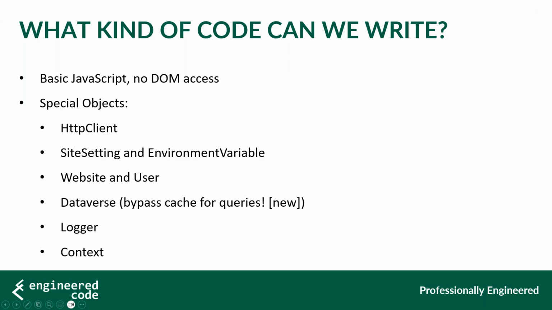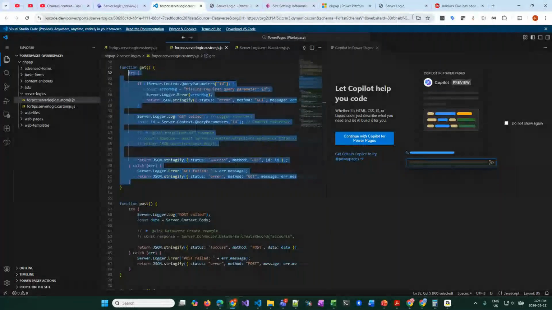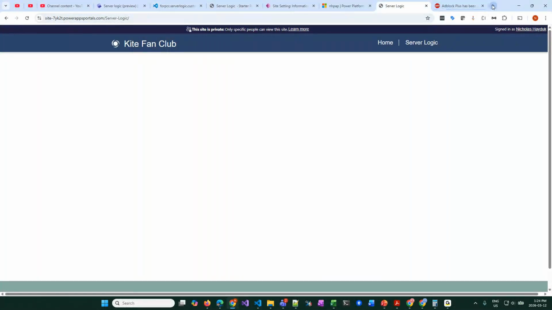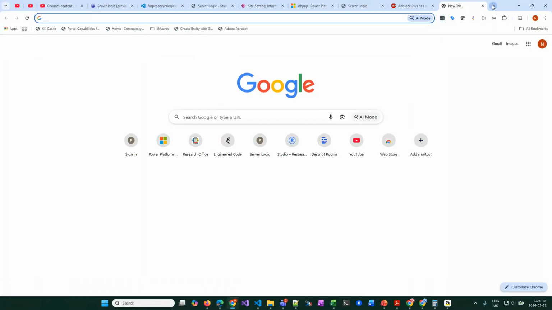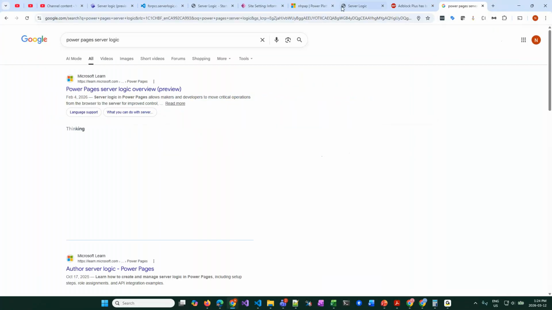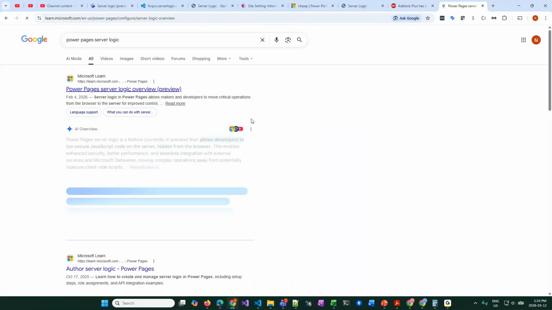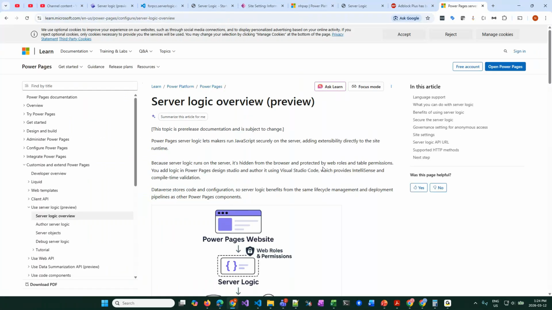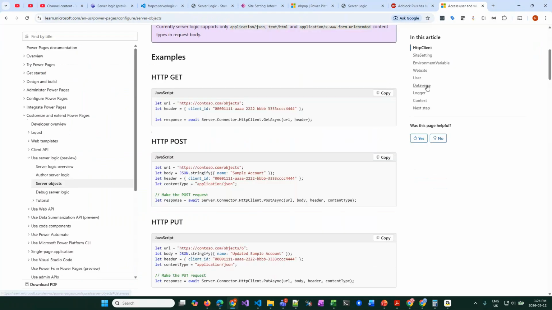Okay, so let's just go back to here. Server logic, not there. So I'm just going to put in Power Pages server logic. So I just want to quickly go through these server logic, specifically the Dataverse one, just so you